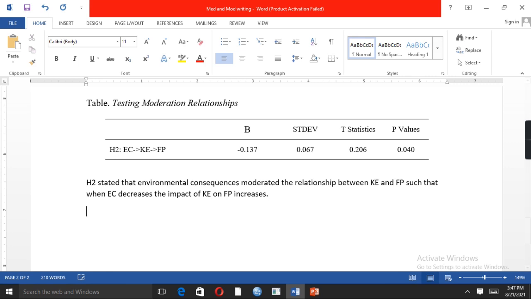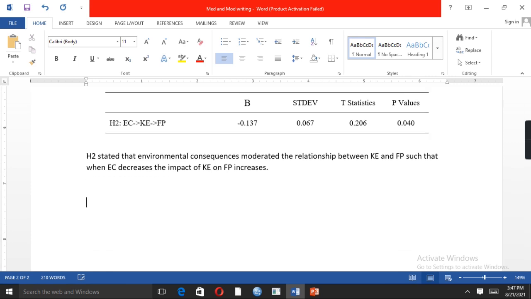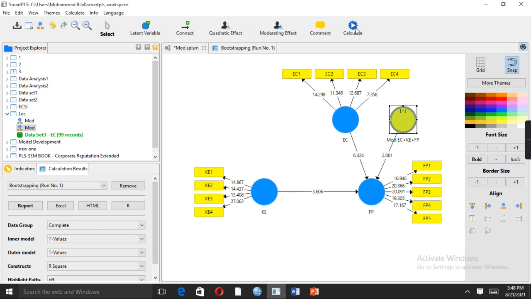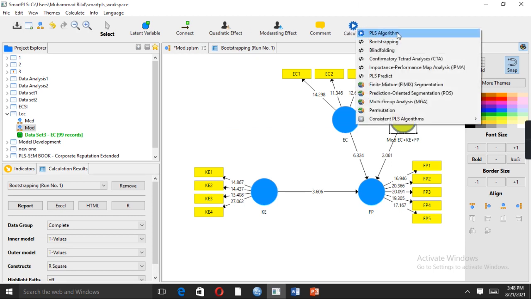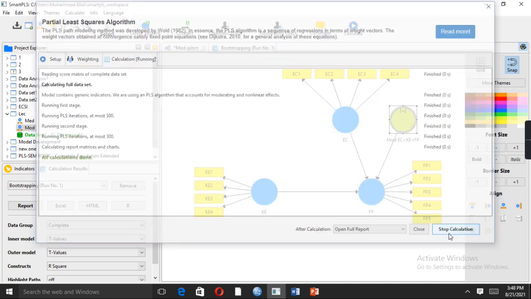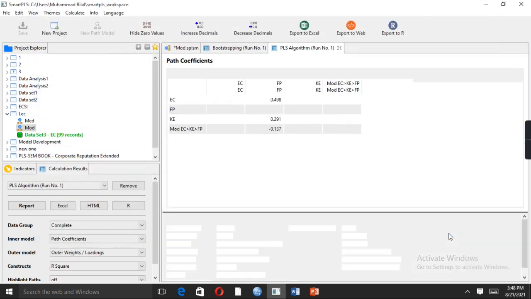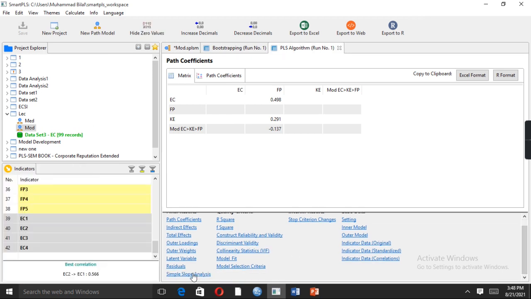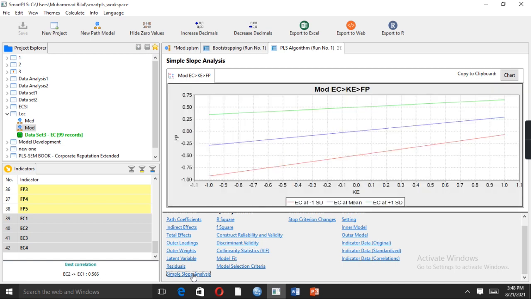The next step is that we can look into the slope analysis for the moderation analysis. Have a look. For this purpose we need to have the PLS algorithm result. Just click on calculate PLS algorithm, start calculation. At the end, we see simple slope analysis; just click into it for the moderation analysis.